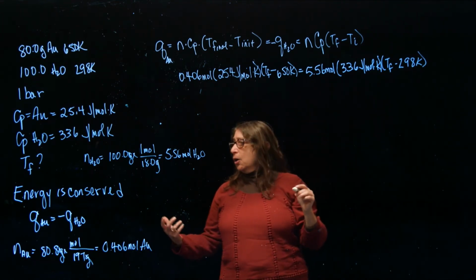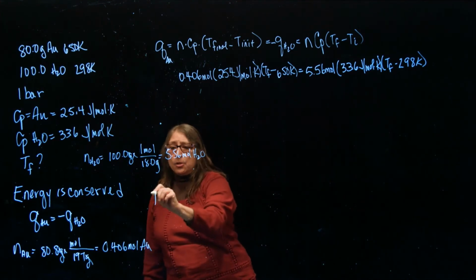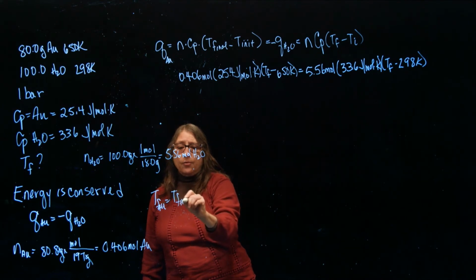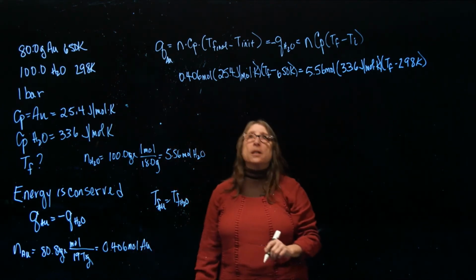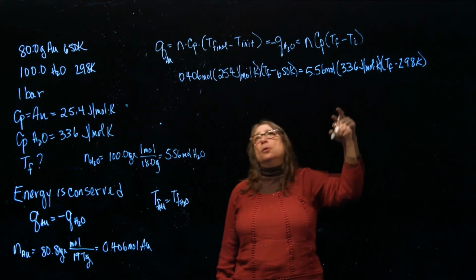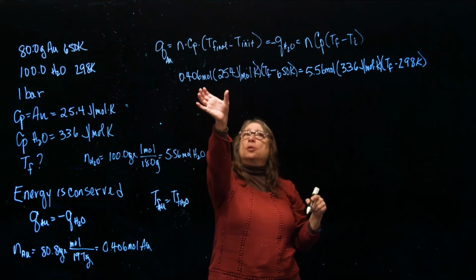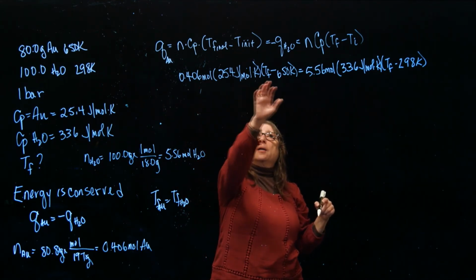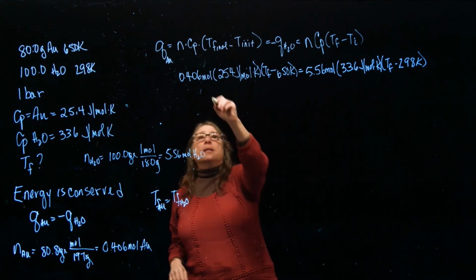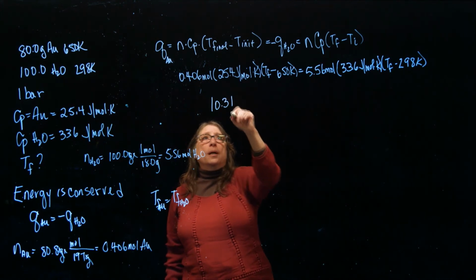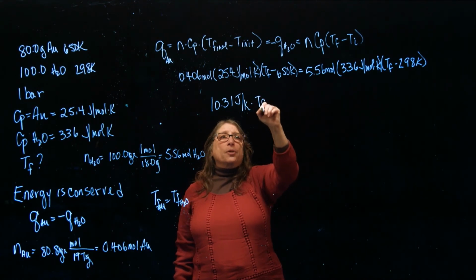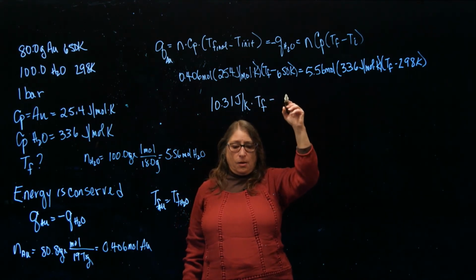And the other thing I know is that the final temperature of the gold is going to equal the final temperature of the water because they come to thermal equilibrium. And so I don't have 2 variables here, I only have 1. So I'm going to multiply these together and multiply across these 2 terms. And so what I'm going to get is 10.31 joules per Kelvin times the final temperature, and I'm going to subtract off